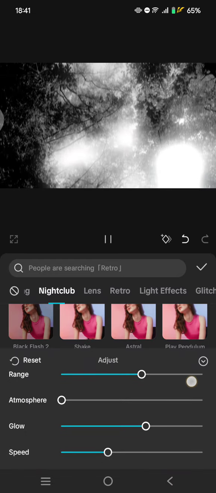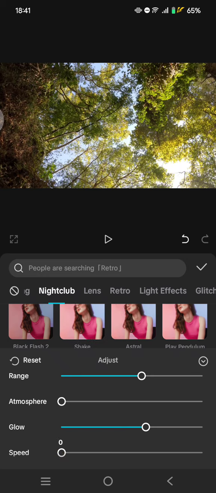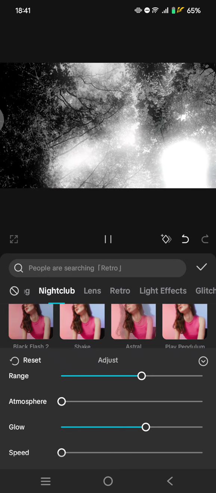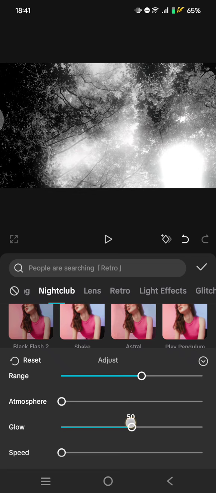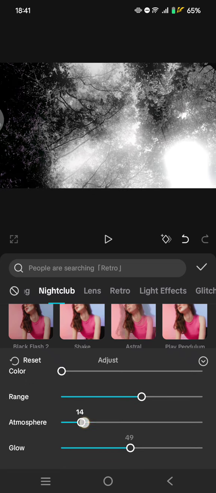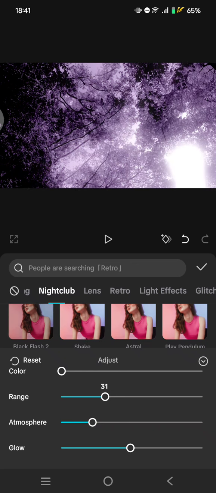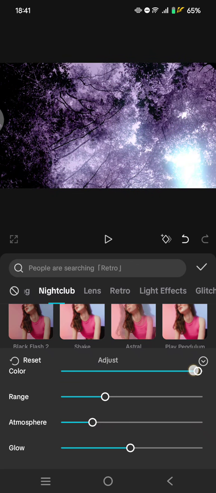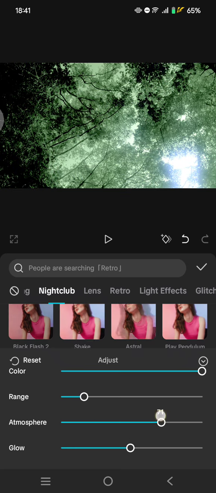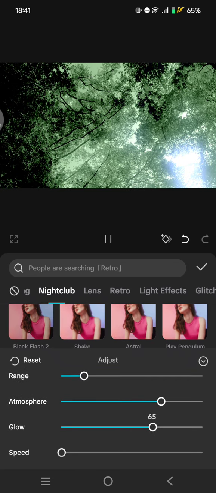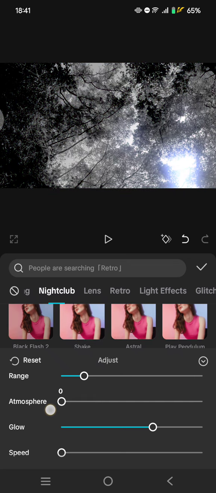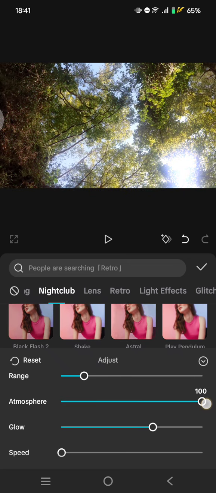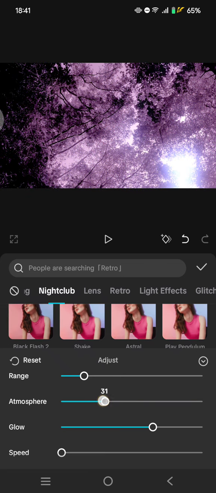So I'm going to lower speed into 0 like this, and here you can adjust the glow to your liking, and also atmosphere, the rain, the color. So I'm going to go with color here, adjust the range, and the atmosphere. So atmosphere, I'm going to go with 100 because if it's lower, then the color will change